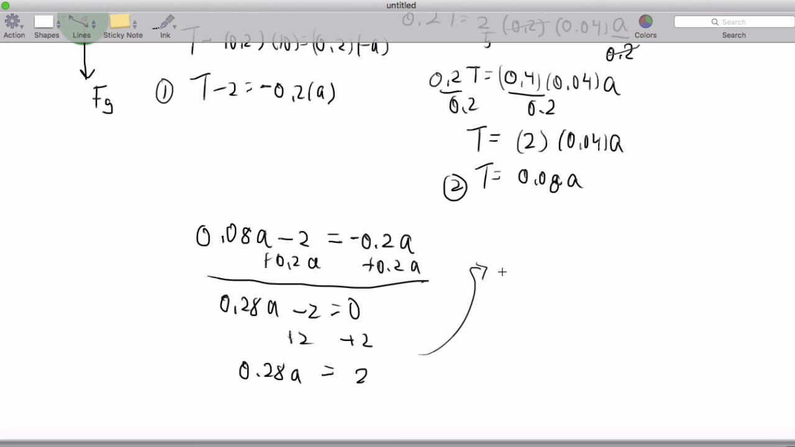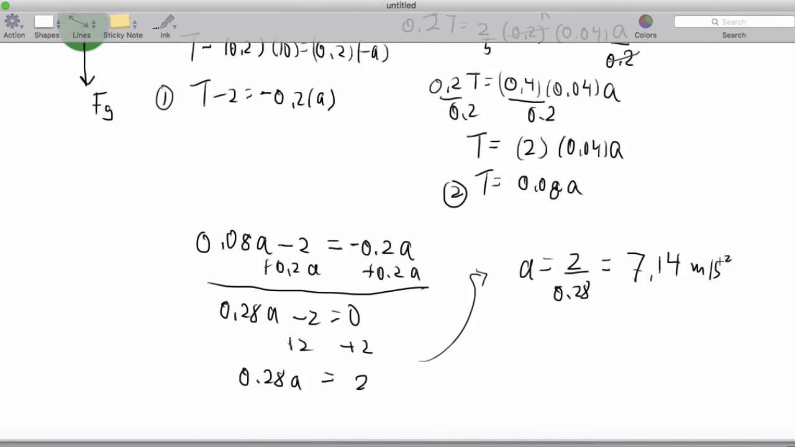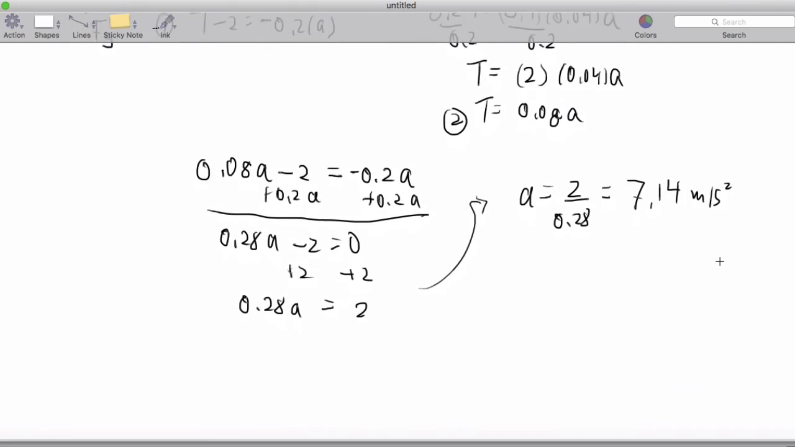I'm going to isolate a by dividing. So a equals 2 divided by 0.28. And when I go ahead and solve, I'm getting 7.14 meters per second squared. So there we go. All right, so that is the torque question. And I will go ahead and upload part 4 right